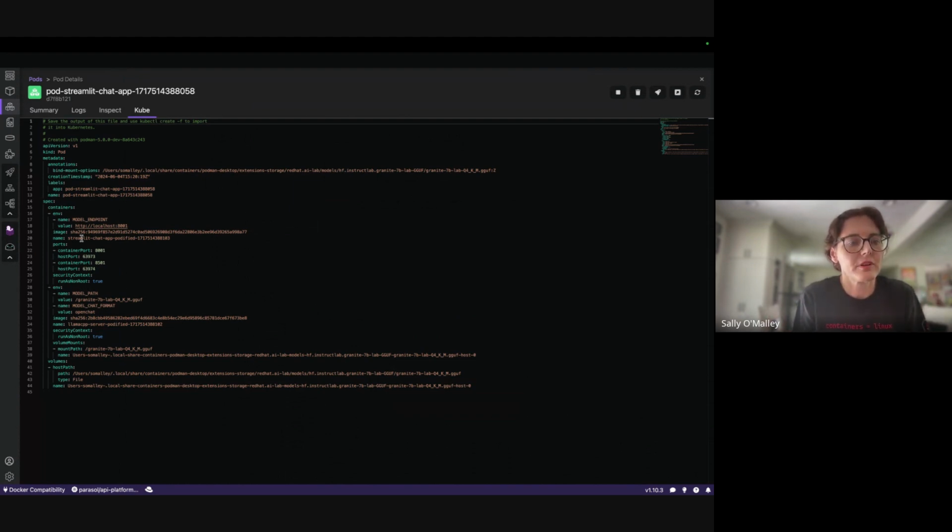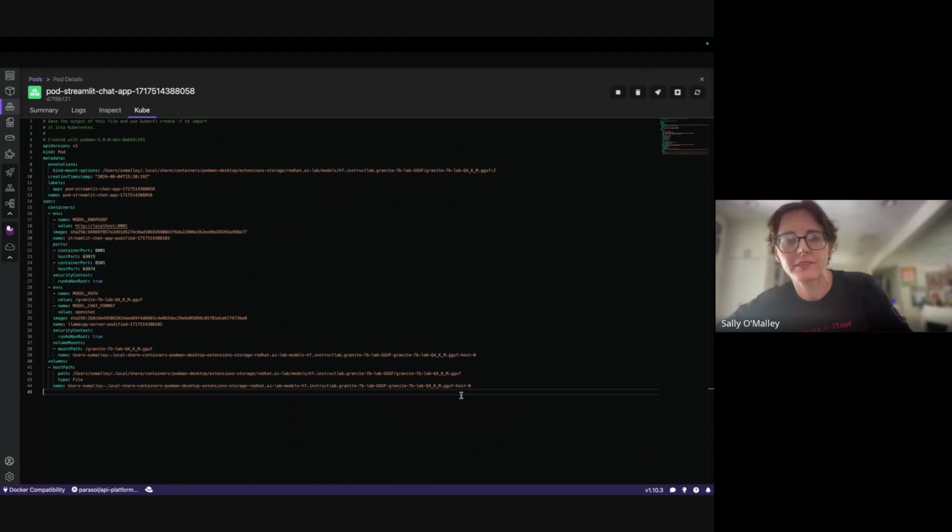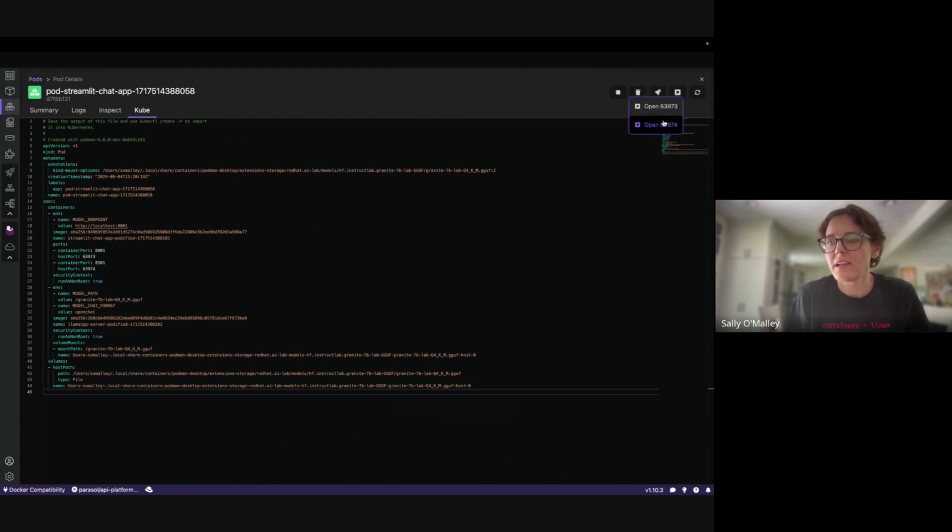There's a model server container, a mounted file that is the model, and the front end. The Podman AI Lab uses a local host path volume for the model. On my local system, I can show you where it is when we get out of Podman Desktop. Great, it looks like it's running. So I can go over here and open the app, hopefully.